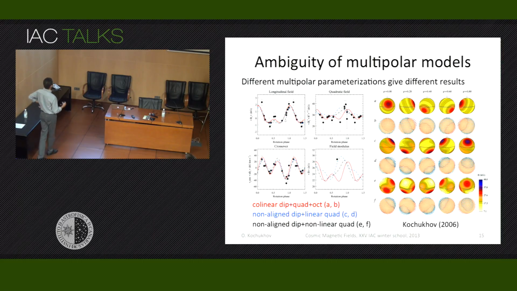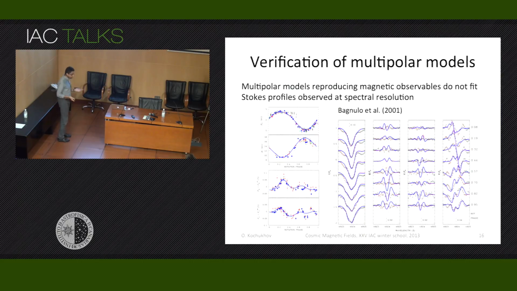These distributions have the same statistical properties in the sense that at certain rotation phases they give the same line of sight component and similar quadratic field and so on, but the actual maps are different. Furthermore, if we try to check these multipolar magnetic models by comparing their predictions directly with observed Stokes parameter profiles, we find very often that they don't fit observations. This is an example from the first study that tried to do this. They have these curves of magnetic observables, in this case longitudinal field, field modulus, and broadband linear polarization. They fit